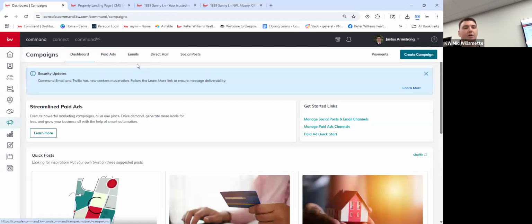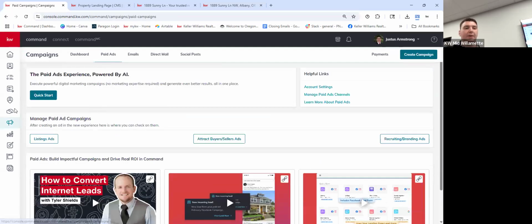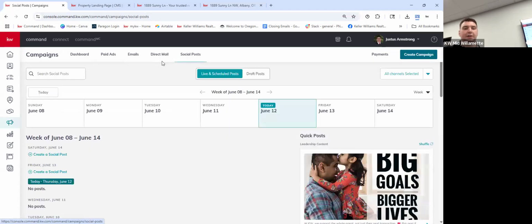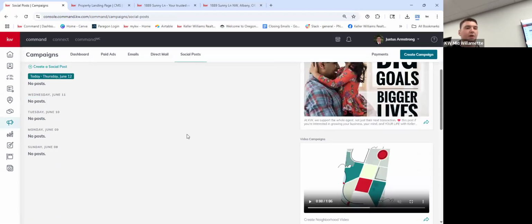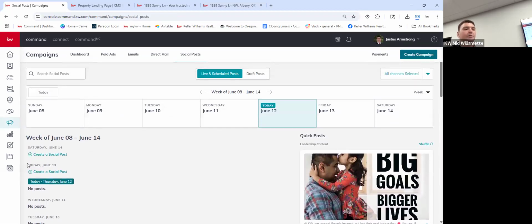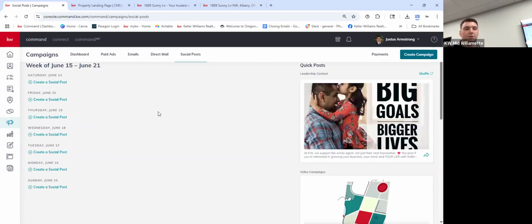In the backend campaigns, there's two options for social media. We can run a paid ad on a platform like Facebook or Instagram, or we can schedule things through the social posts section. And this is a great centralized platform that you can use to post the same things on different websites. So if I were to just go create a social post for, let's say I want next Wednesday